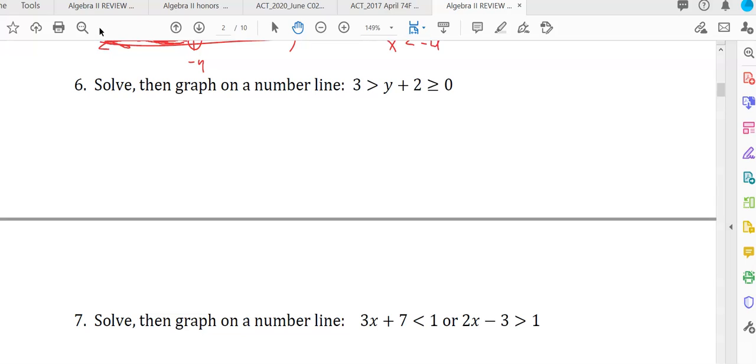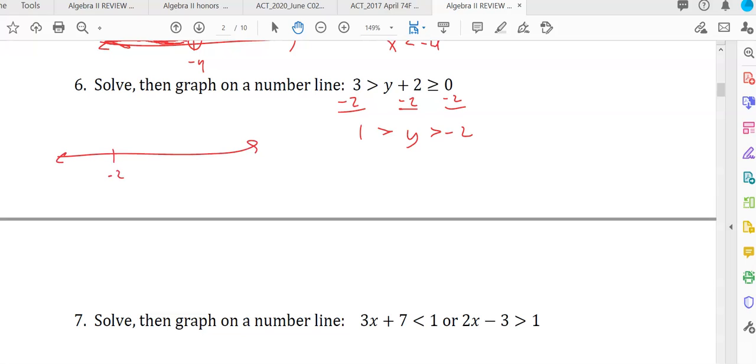This one, when it has something in between, I'm going to subtract 2 from each part. There's almost like 3 parts to this inequality. And so we get 1 greater than y greater than negative 2. So on a number line,